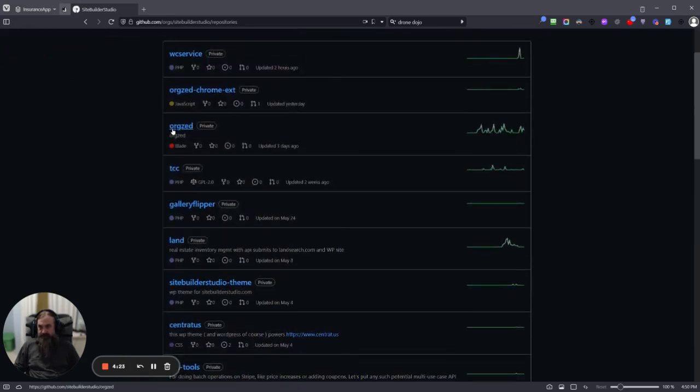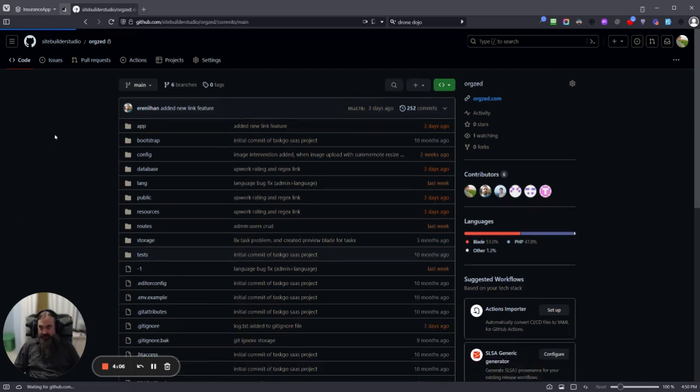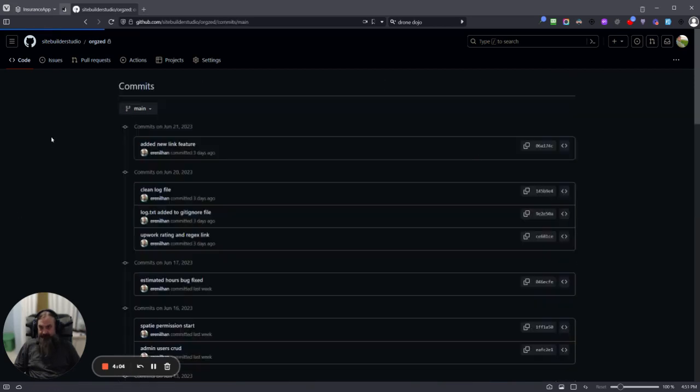So Git is a version control system. It actually keeps track of, I think I explained this before, but I'm just going to do a quickie right now. So you make a commit. Every time you make some changes to a code base, you make a commit, and that commit is the changes, right? So add new link feature. Aaron committed that